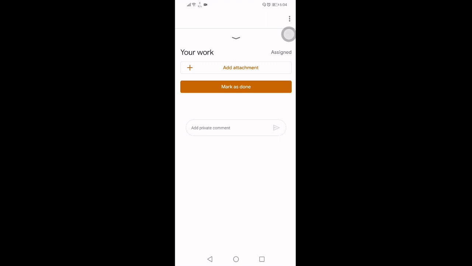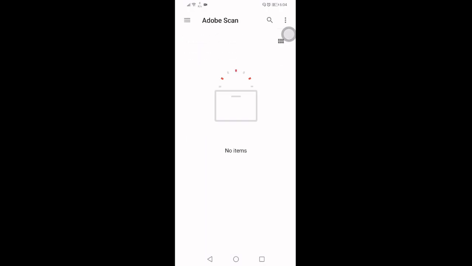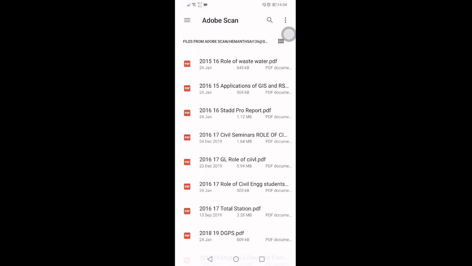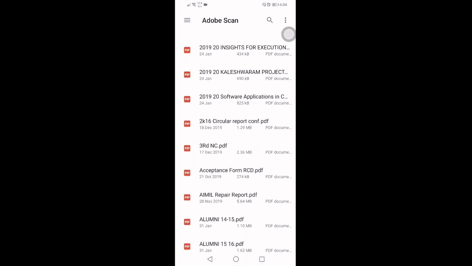How? We click on this attachment, and if you have saved the PDF in Drive, you can go directly from Drive, or if you want to share the file exclusively for this, let me click on this file option. In the file option, I have many scanned copies. Suppose third nc.pdf is my assignment work done.